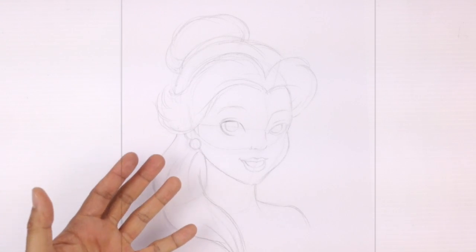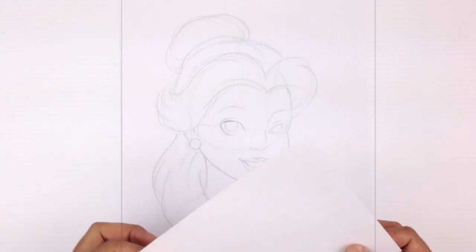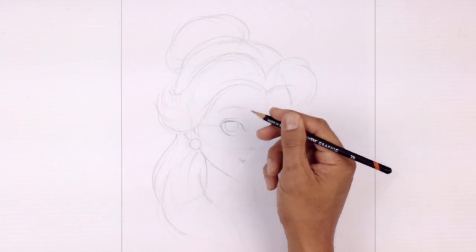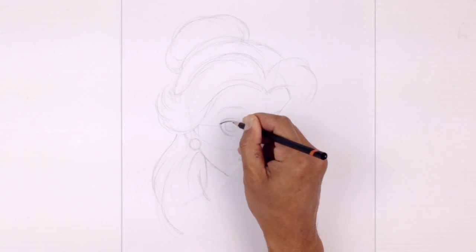Now as I get further into my drawing and I start adding a little bit more pressure on my pencil, I'm going to want to use a little scrap piece of paper to cover the areas so I don't get any smudging. So I'm going to use this. Going back over the eye, I'm just going to add some more detail. So just darkening up the lines and the edges that I feel more confident about. So along the upper eyelid,